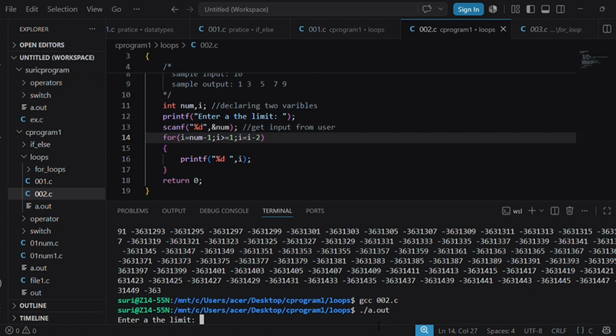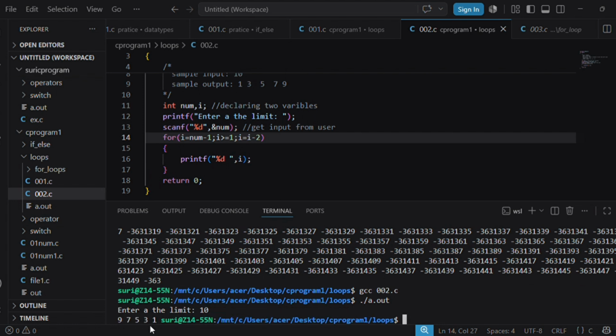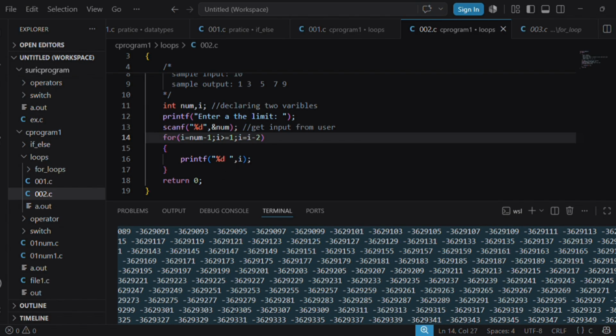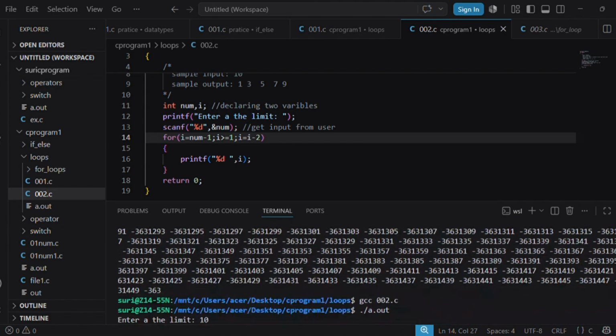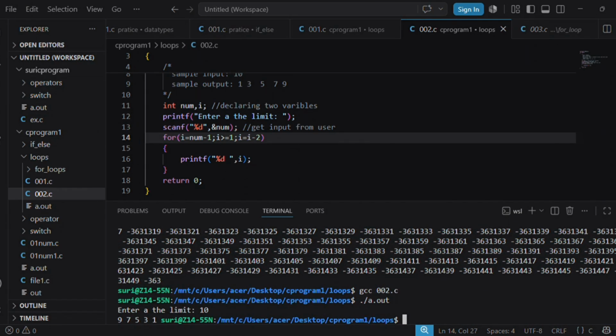Now it prints in reverse. So 10 minus 2. So here, how can I write the algorithm? Last number 1, right? Last number 1, so I put the limit here, and here on the reverse side minus 2 minus 1.